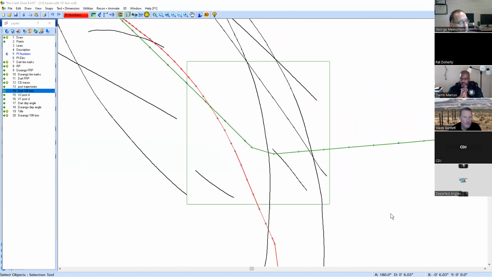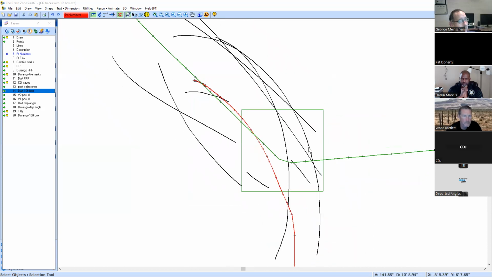So on this one, the Durango approach coming in, it's not horizontal. This was like, whatever it was, 105 degrees, 95 degrees. I can't remember where I took 0 on this one. But you have the approach angle on this side, and the departure angle is on the opposite side. So basically that's all there is to it. I mean, other than the other thing I probably should mention is, let me bring in